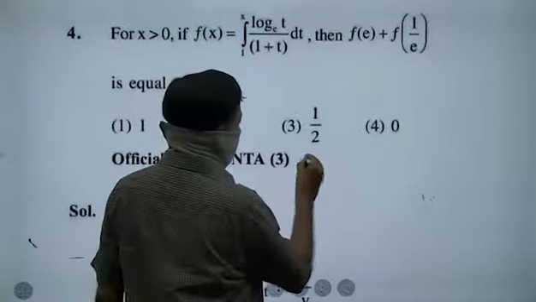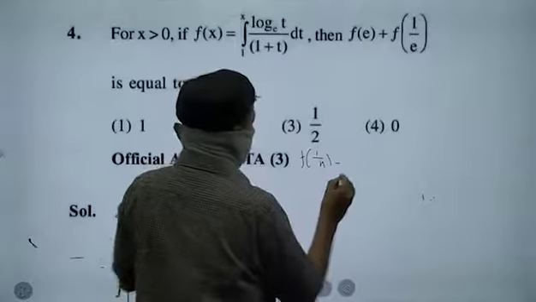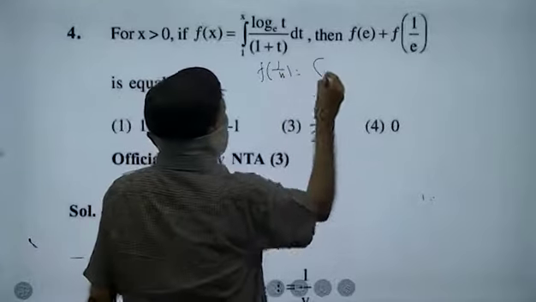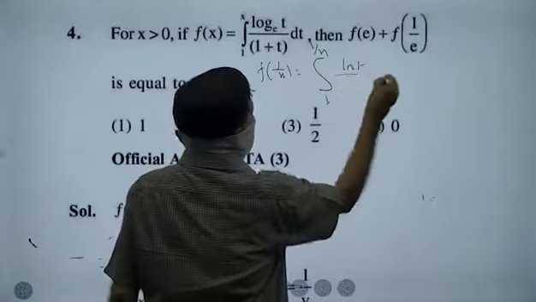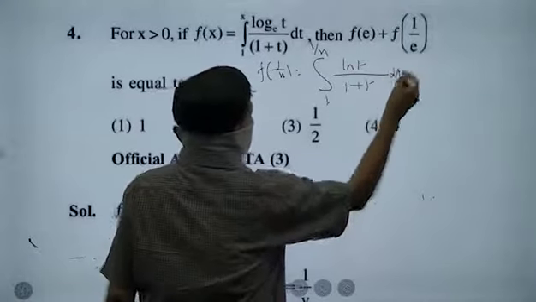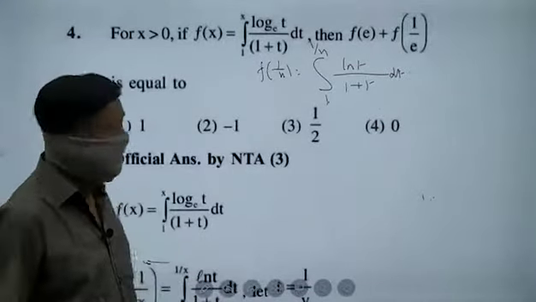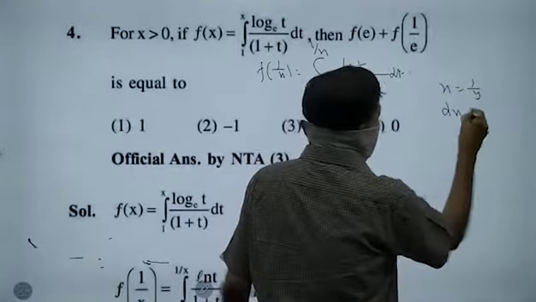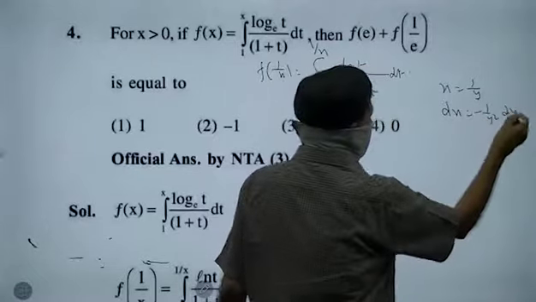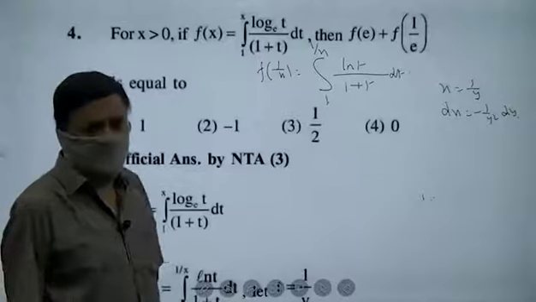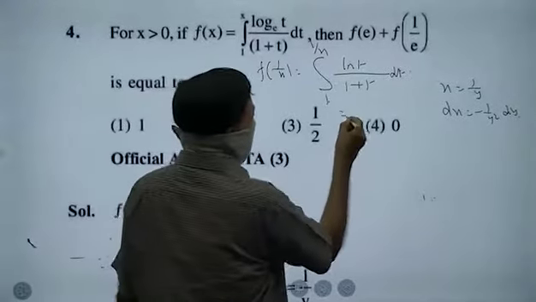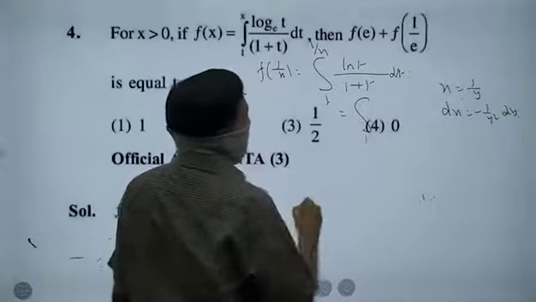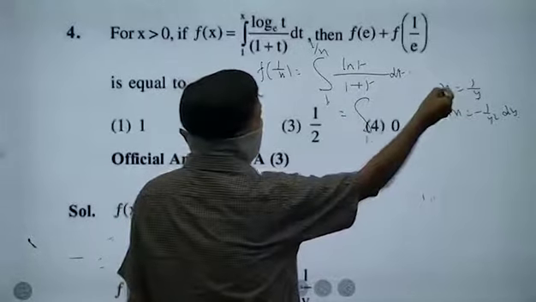You first try to calculate what is f of 1 by x. f of 1 by x is integral 1 to 1 by x ln t by 1 plus t dt. Right? You replace x with 1 by y. dx is equal to minus 1 by y square dy. Right? Then the problem will become, when x is 1, y is also 1. When x is 1 by x,